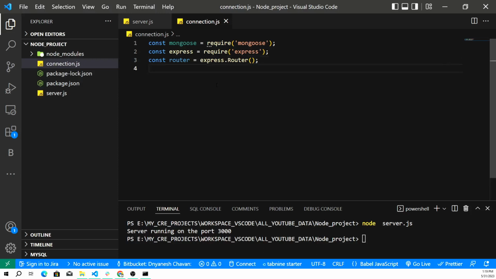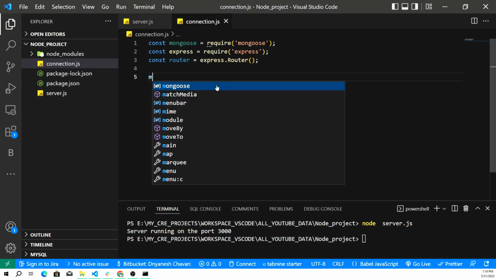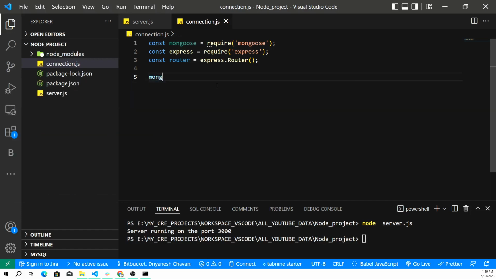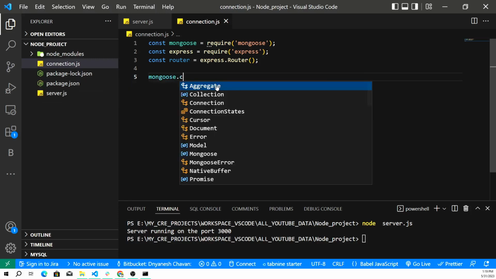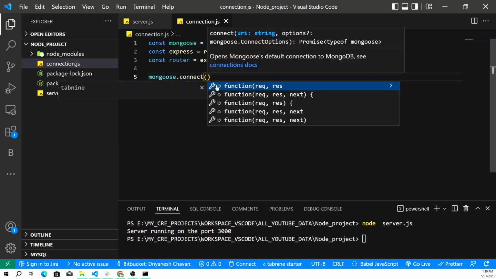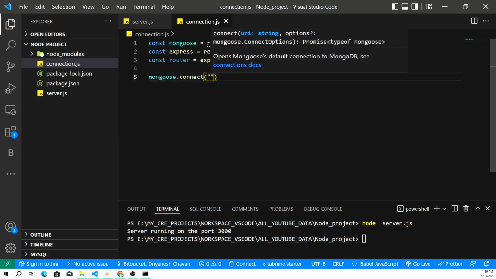After that let's start writing the MongoDB code. So for that we need to start with the mongoose.connect. The mongoose.connect,